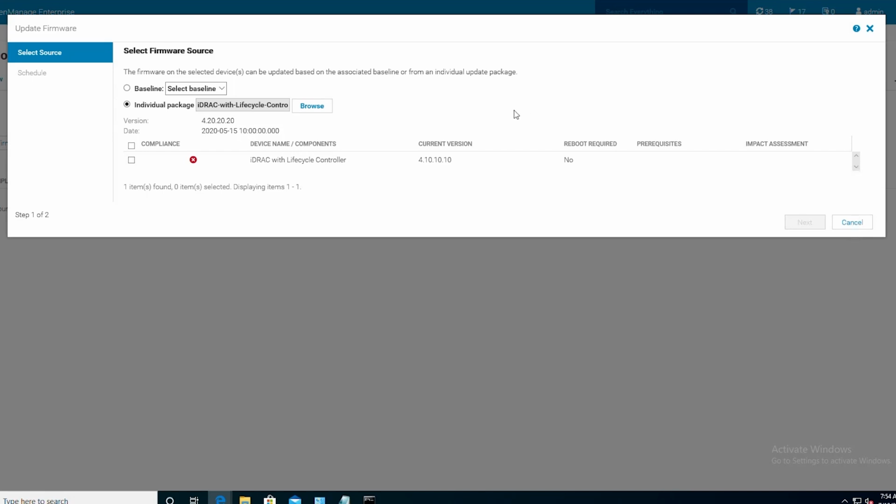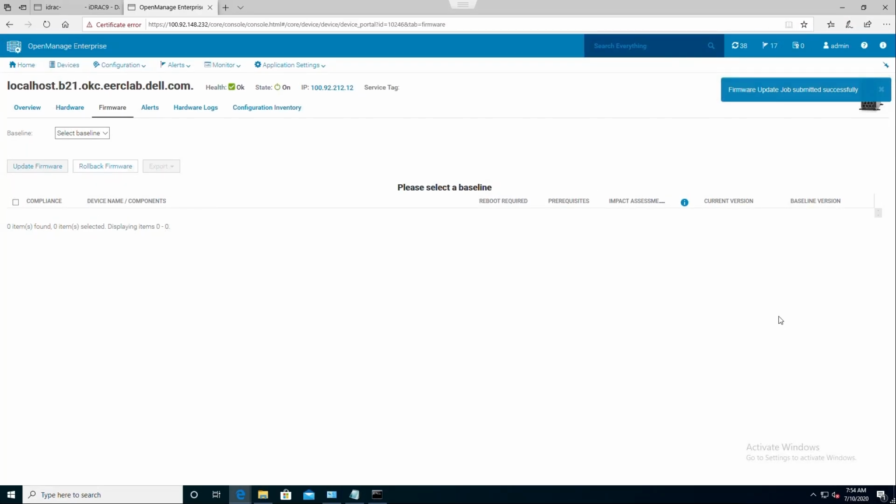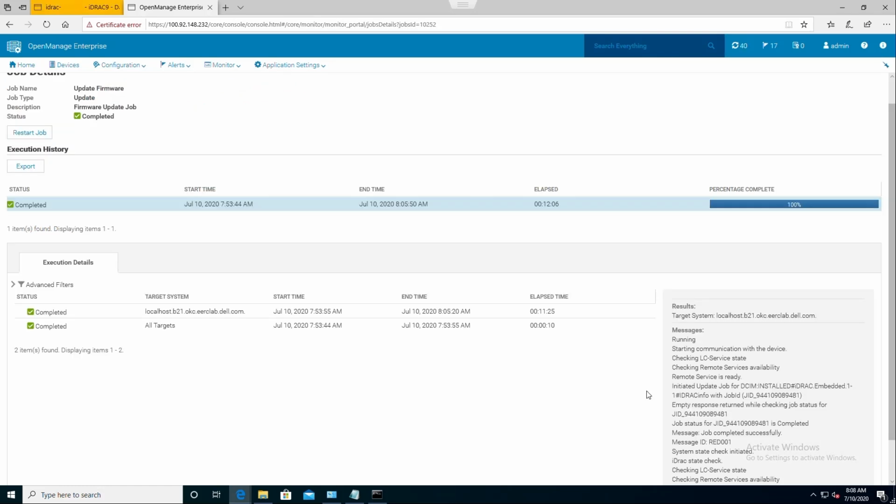Now we are presented with the option. We can check on the iDRAC and we can choose Next. We are given those same options. I'm going to stick with Update Now and click Finish. You are still able to go to the Jobs section and view the current status.